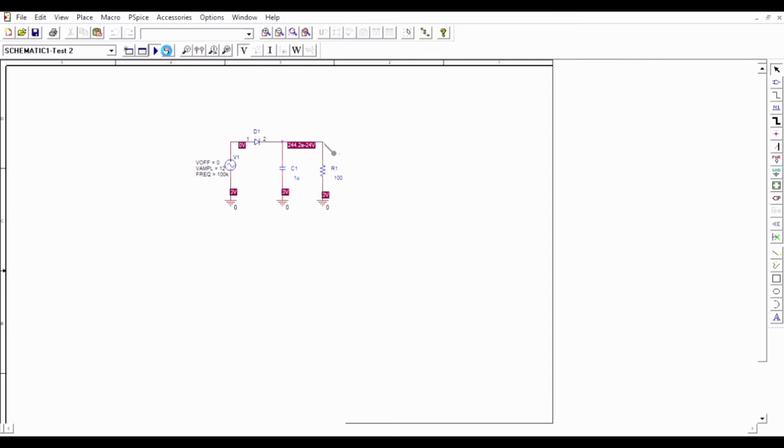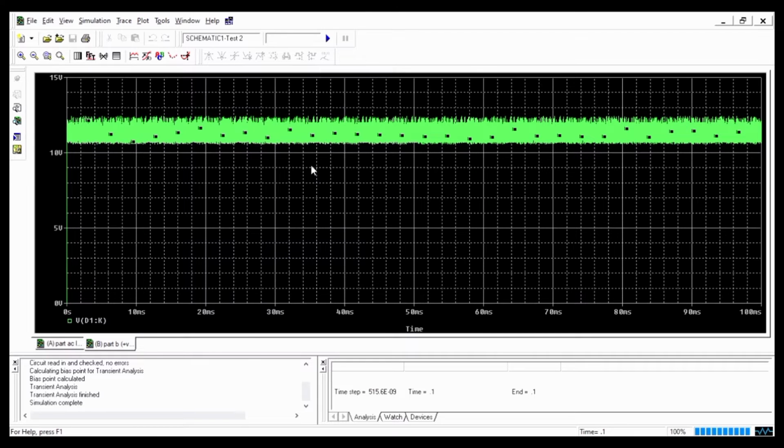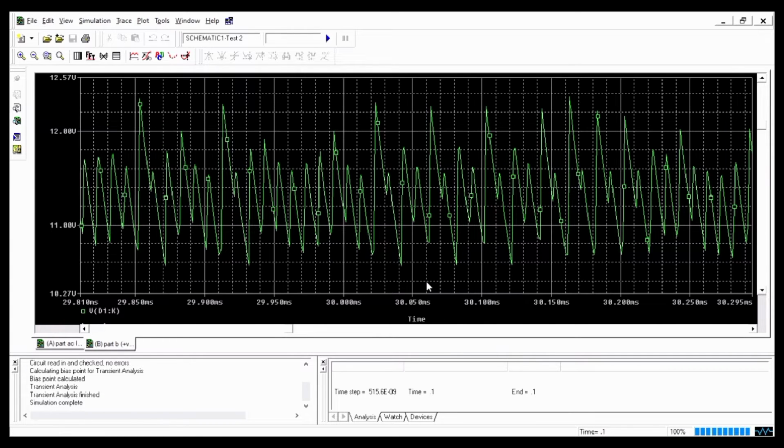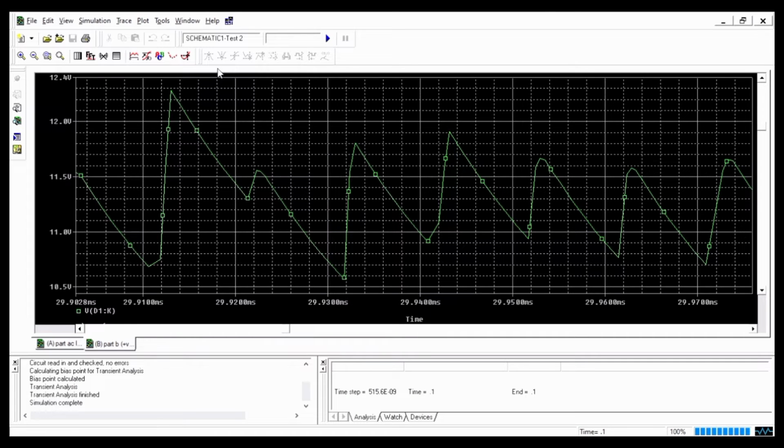Firstly, this is an AC circuit using a resistor of 100 ohm, used to establish the AC circuit with the noise we set up. To measure, we want to know the peak and the lowest of this waveform. We zoom in to make it very clear to measure. Set a cursor, and